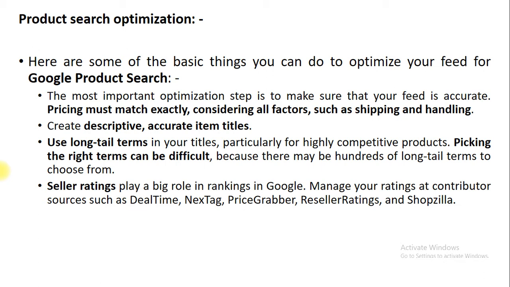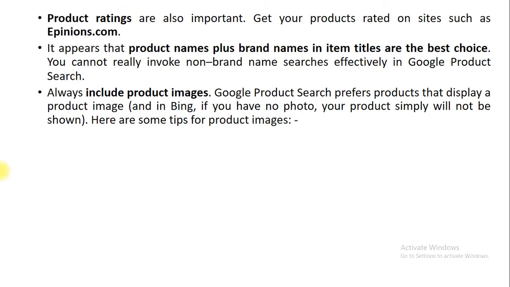Why? Because when people are going to search on the internet, any of the keywords is matched with the particular title from your pages. So in these competitive products, there is a chance to get your product on the top of the list. Next is called seller rating. There are several contributor companies through which you are able to get the ratings or rankings in Google.